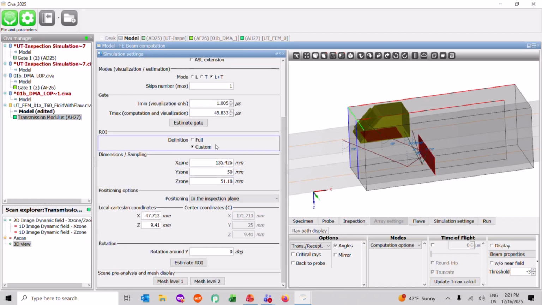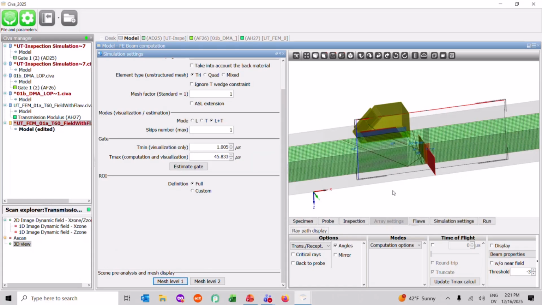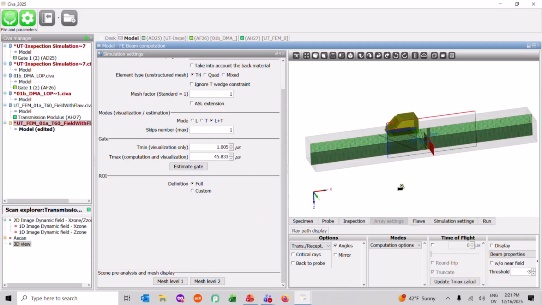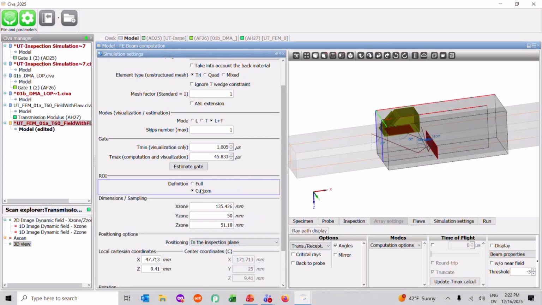The next thing that you need to take into account for this finite element module is your region of interest. So for your region of interest, you can define a full region of interest. And what this would do, as you see as I displayed my mesh across my full component, is have CIVA calculate the mesh for the full component. This may not be necessary for your computation. So if this is not necessary, like it is not necessary in this application, then you can click custom